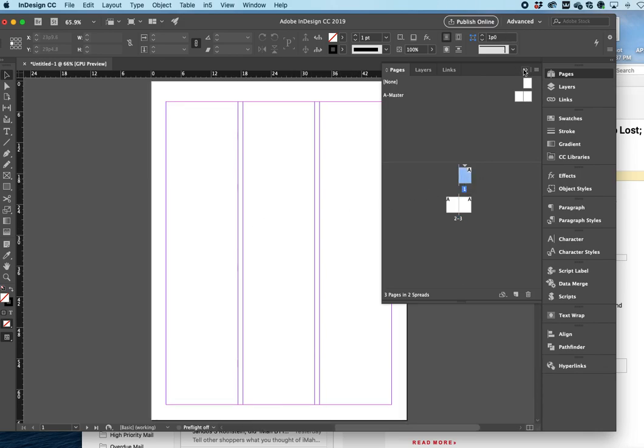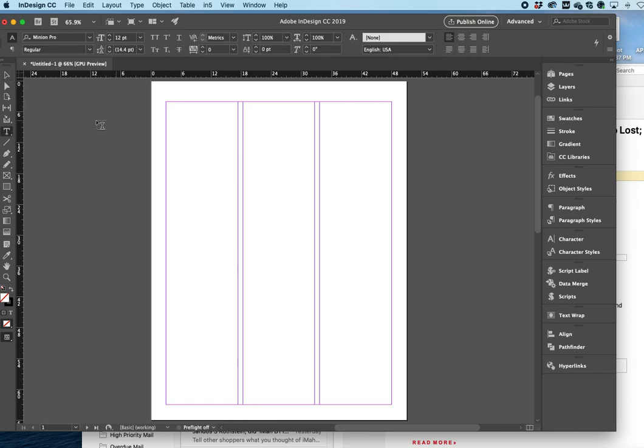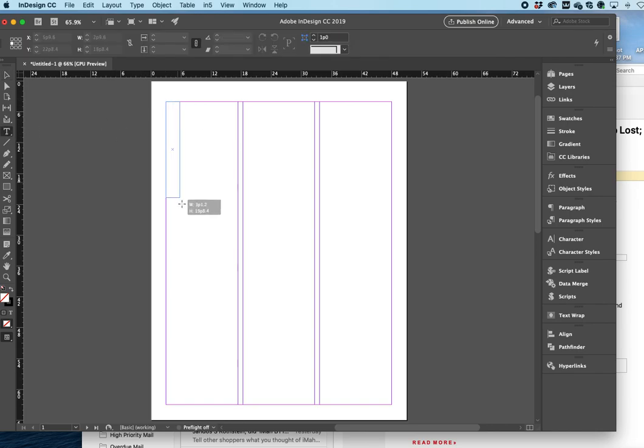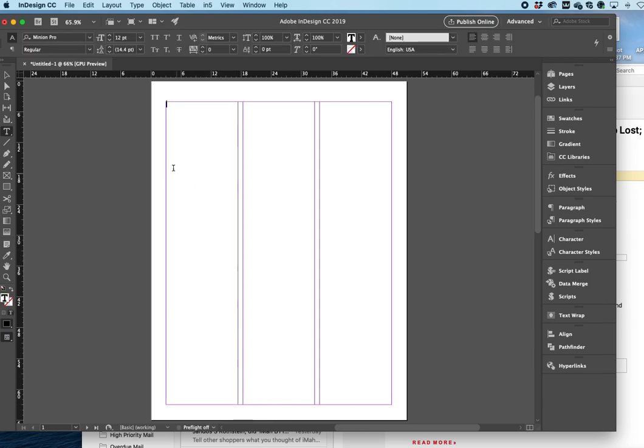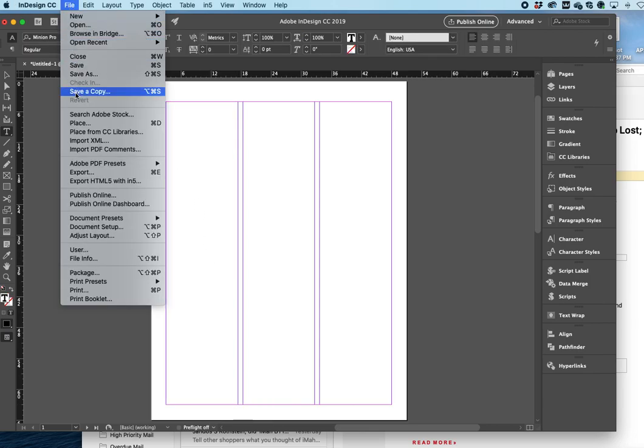So now I'm going to bring in my text. So I'm going to take my text tool and draw a text frame. And I'm going to say place. And usually I would use the key command for this. There is no key command for bringing in something from another program in Photoshop or Illustrator. You have to do this manually, but in InDesign there is, because so much of what you're doing is bringing in content that a writer created or an editor created, and images that a photographer created, or maybe you created yourself.